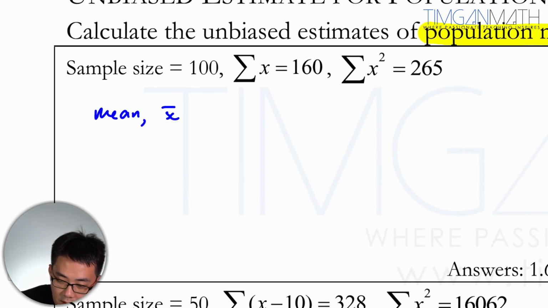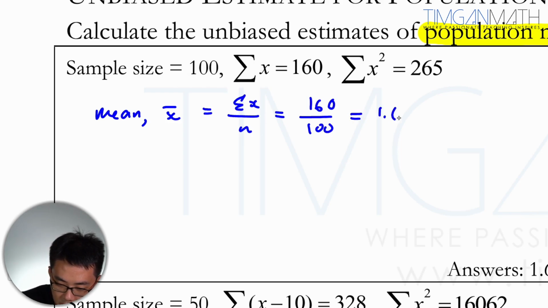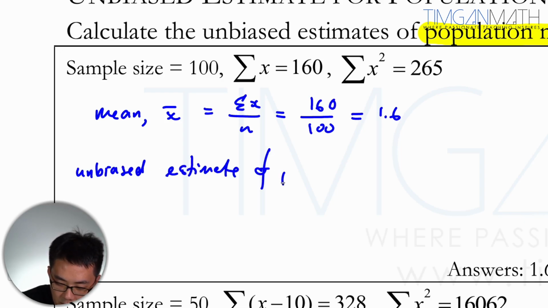Unbiased estimation of population mean is the same as the mean. It's just 160 divided by 100. Okay, or rather, just Σx divided by n, which is 160 divided by 100, 1.6. Unbiased estimate. Wow, you keep it right. Unbiased estimate of population